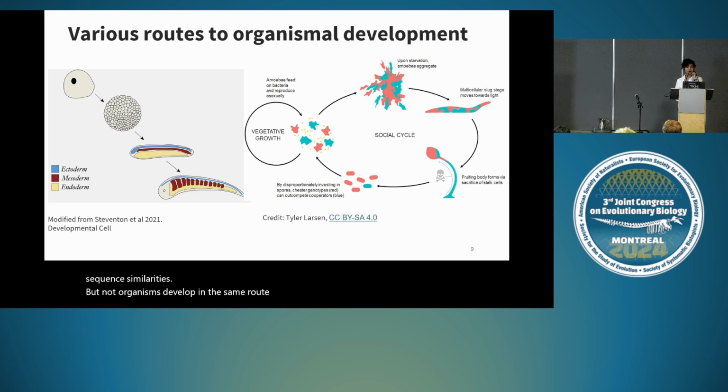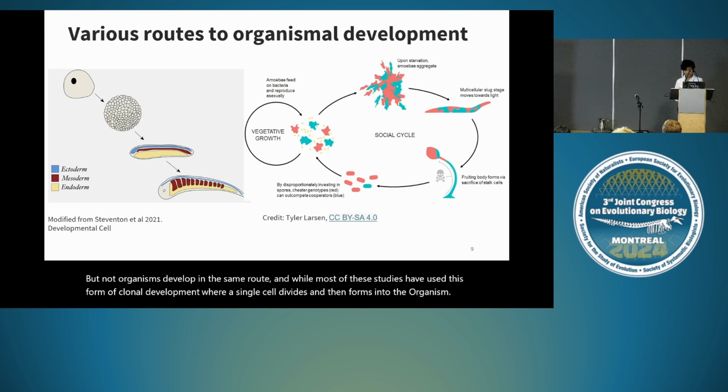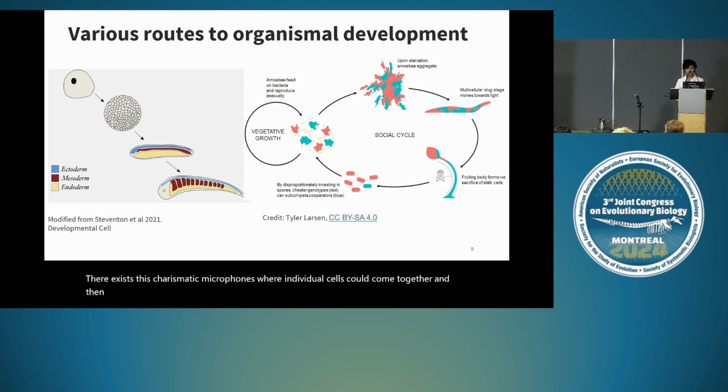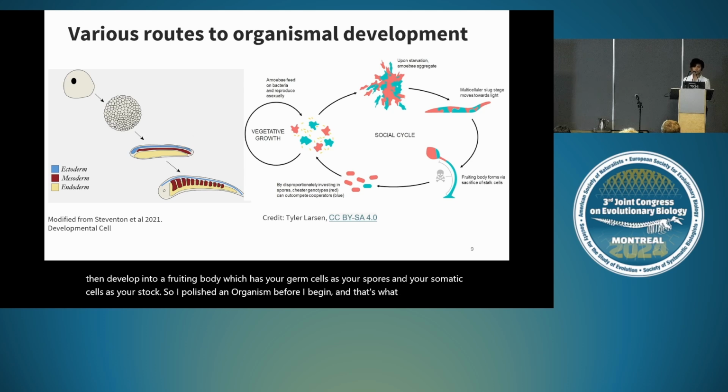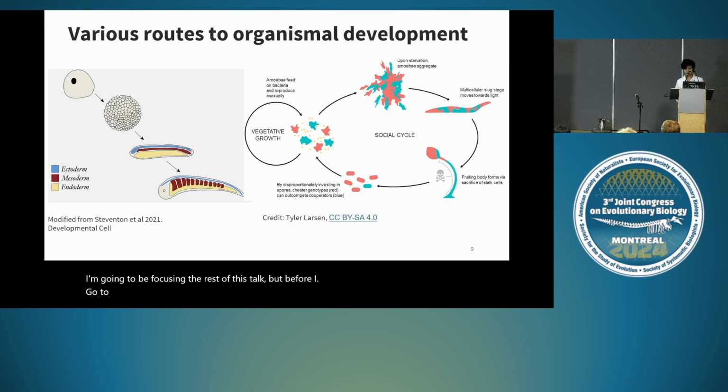And while most of these studies have used this form of clonal development, where a single cell divides and then forms into the organism, there exists this charismatic microfauna called Dictyostelium discoideum, where individual cells could come together and then develop into a fruiting body, which has your germ cells as your spores and your somatic cells as your stalk. So I call it an organism. That's the organism I'm going to be focusing on for the rest of this talk, but before I go to the system-specific questions,